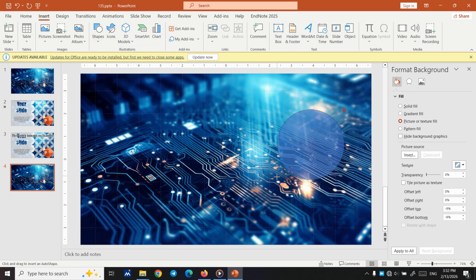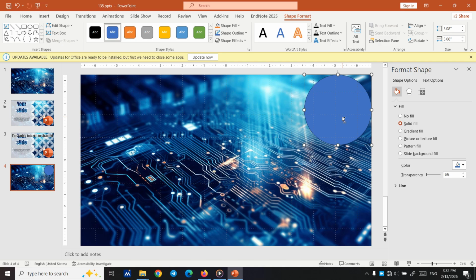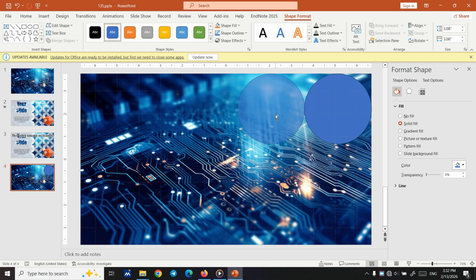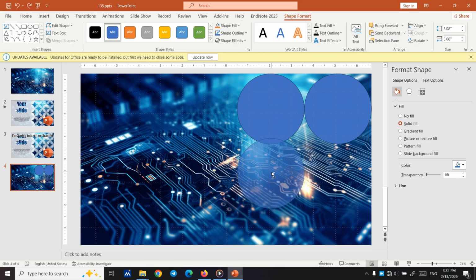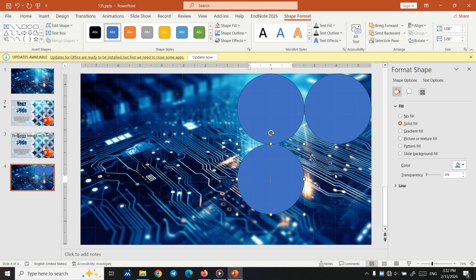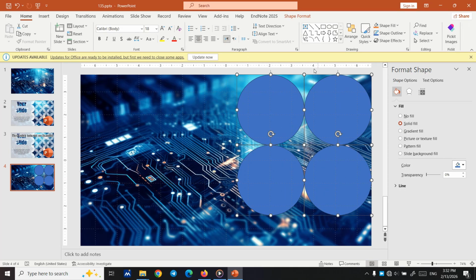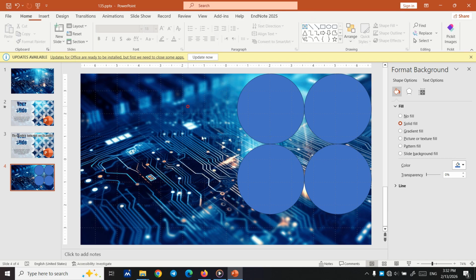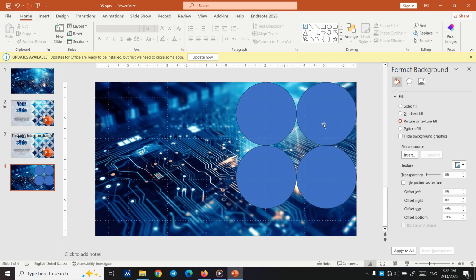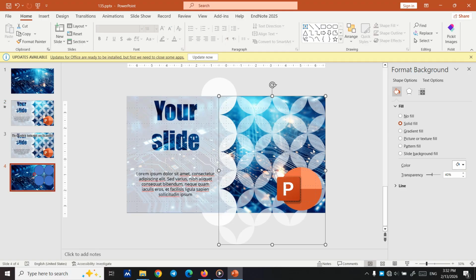You insert a circle by holding Shift. It's important. But as you can see, the problem is that when we insert a picture, you hold Ctrl and Shift, create another one, then another time, then another time. Then press Ctrl A and make them one. You see the shape is created, but some of you may ask, it has a little difference